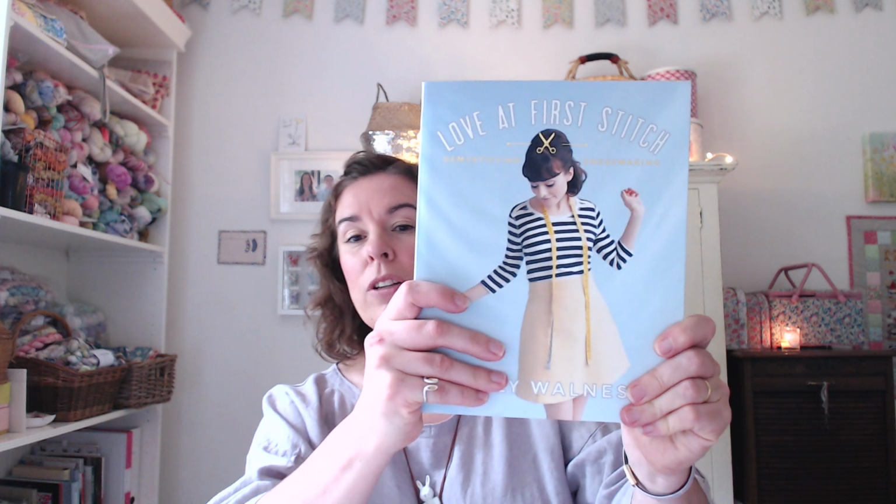But then I guess you can make things to fit, because in knitting you make things to fit, don't you, by having less stitches or more stitches. You can make it longer or shorter. So I'm going to try and get in my head that it's kind of like knitting but faster, so that's a good thing. So anyway, I purchased this book for myself,